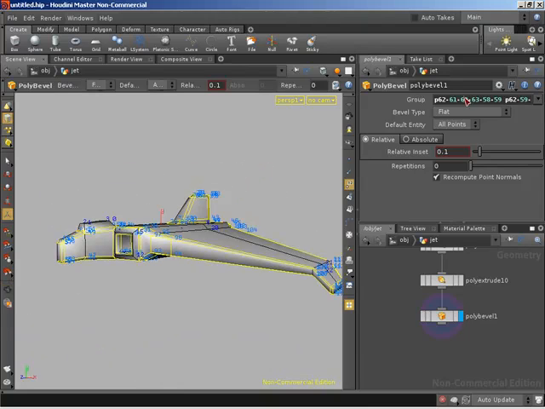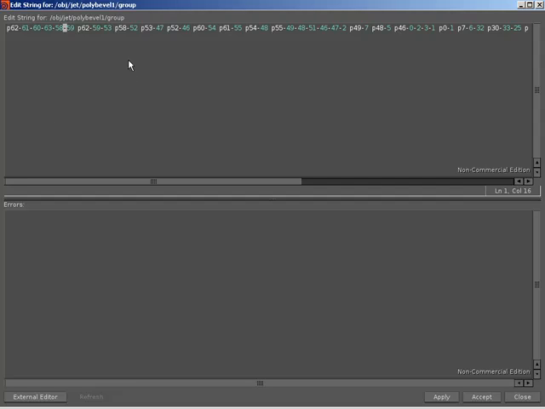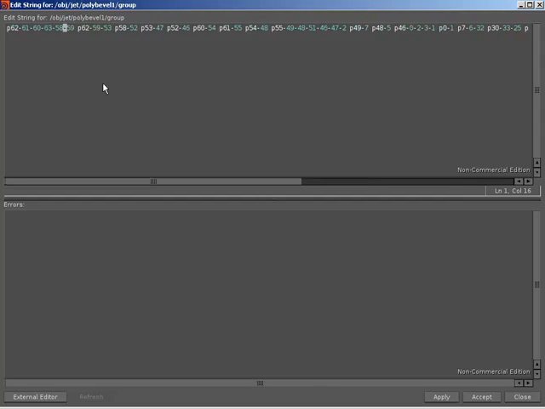So when you're dealing with expression fields, channel fields, like here with the group, you can push Alt and E, or you can right click, come down to expression and say edit string. That's going to bring up the expression editor, which is basically a bigger window that allows you to see more clearly what you're dealing with expression wise. And then what Steve just did, as he's so used to working with the raw data, is instead of wanting to go back in there and work in the viewport,